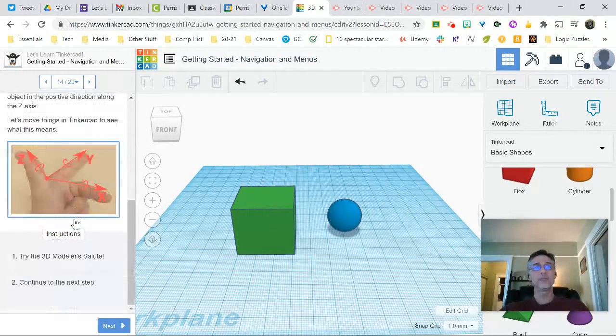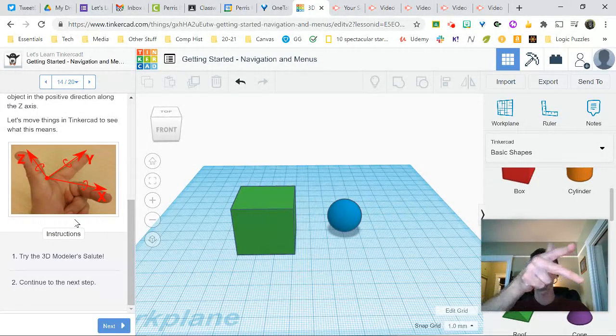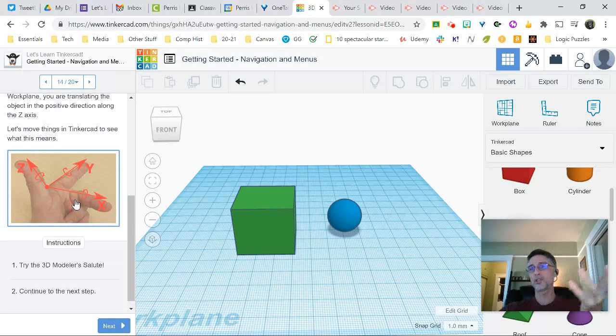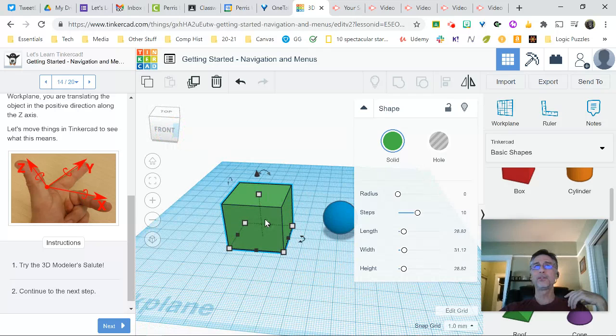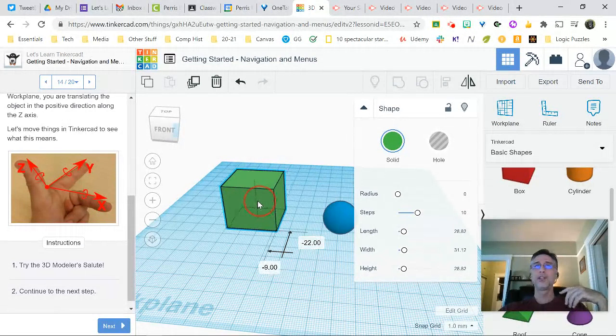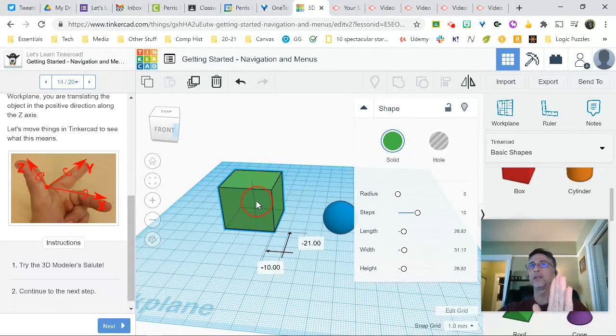So it says we're going to move things in Tinkercad, and first of all, practice your 3D modeler salute, okay? It looks like this. I'm trying to keep it in front of the camera. That's the way it looks, okay? And I'm just going to show you right here. So basically you click on the object, and if you want to move it, just start dragging it around. And you're going to notice now that there are numbers on the screen. It's telling me that I've moved this object 21 millimeters in that direction up the screen and 10 millimeters to